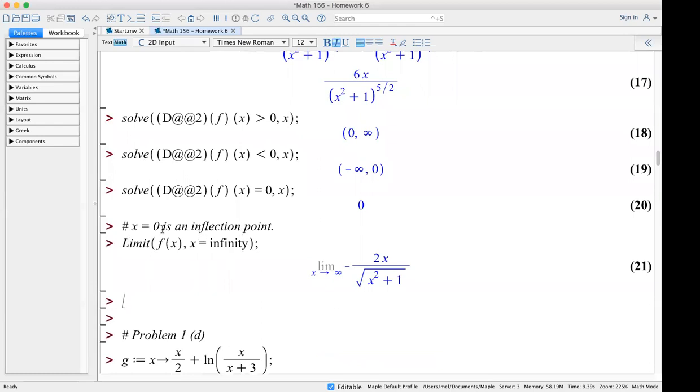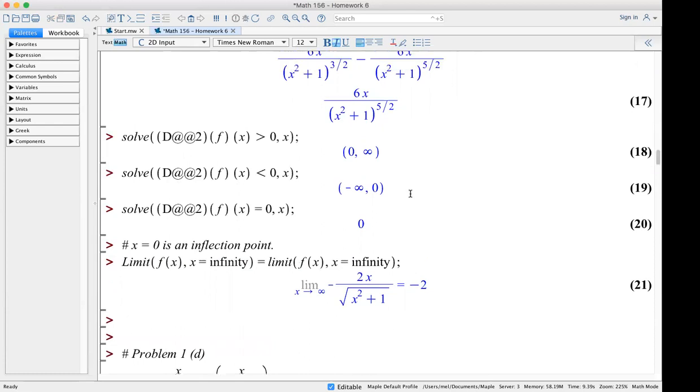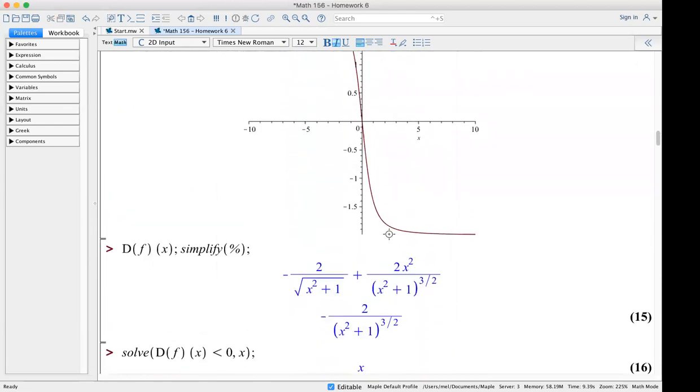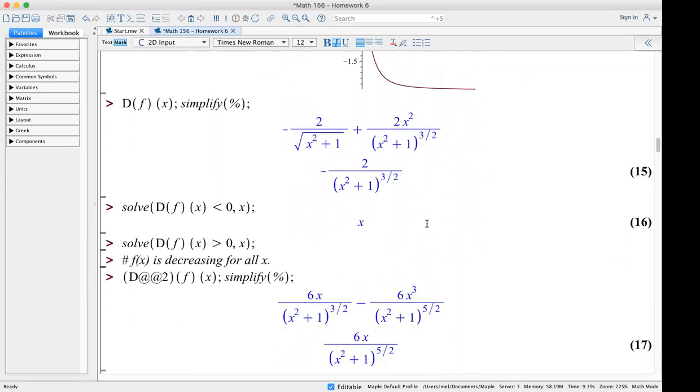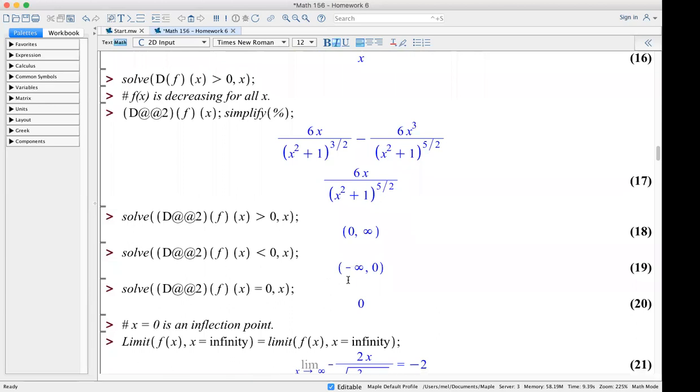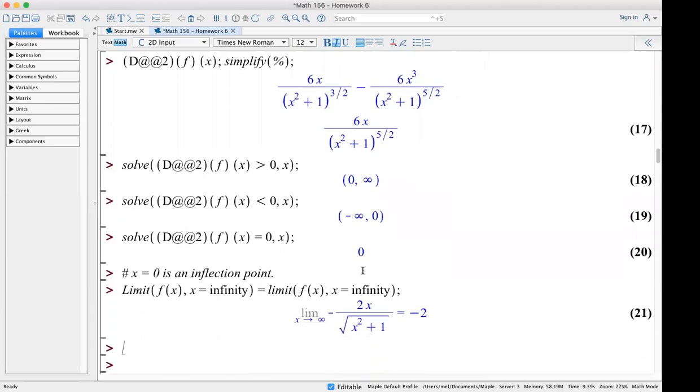Okay. That's what we want to find. With the limit command, when you use a capital L, it just writes it out in standard mathematical format. If you want the answer, you have to write this with a lowercase l. So equals minus 2. As you go to infinity, this is approaching minus 2. And what happens as you go to minus infinity? Minus sign there